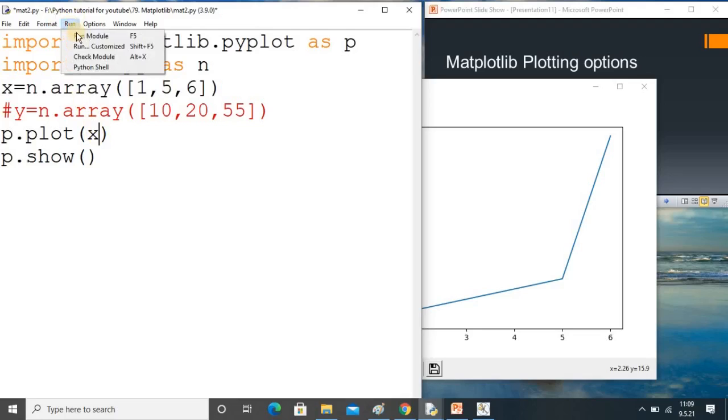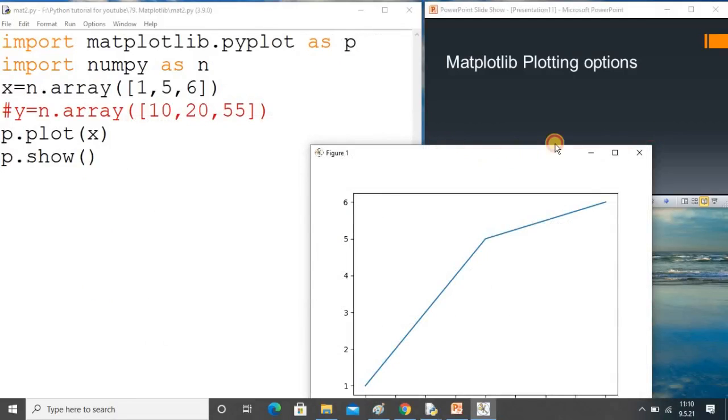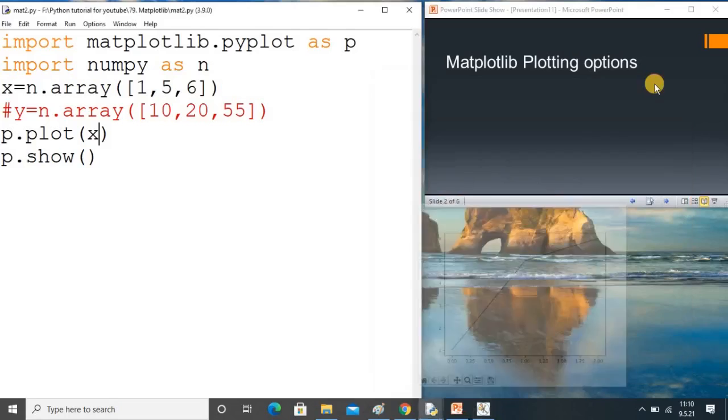Let's check it once again. You can observe the changes: the values are 1, 5 and 6. If we use only the y-axis in the program, the x-axis values will be default, like 0, 1, 2, 3.